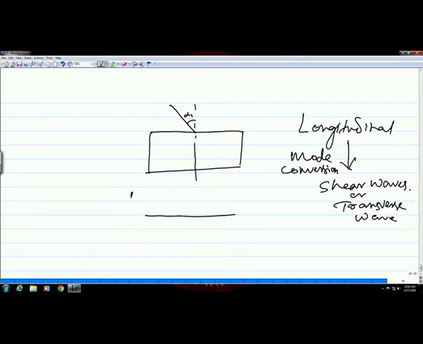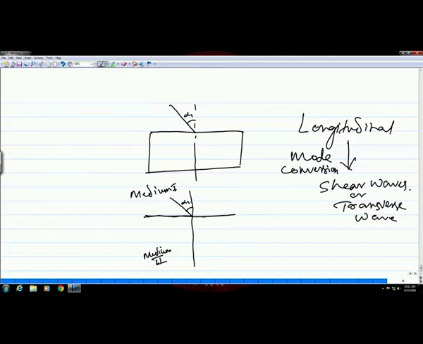So, let us say this is medium 1, and it is going into another medium which is here. So, this is the interface. So, if you have a small incident angle at this interface,